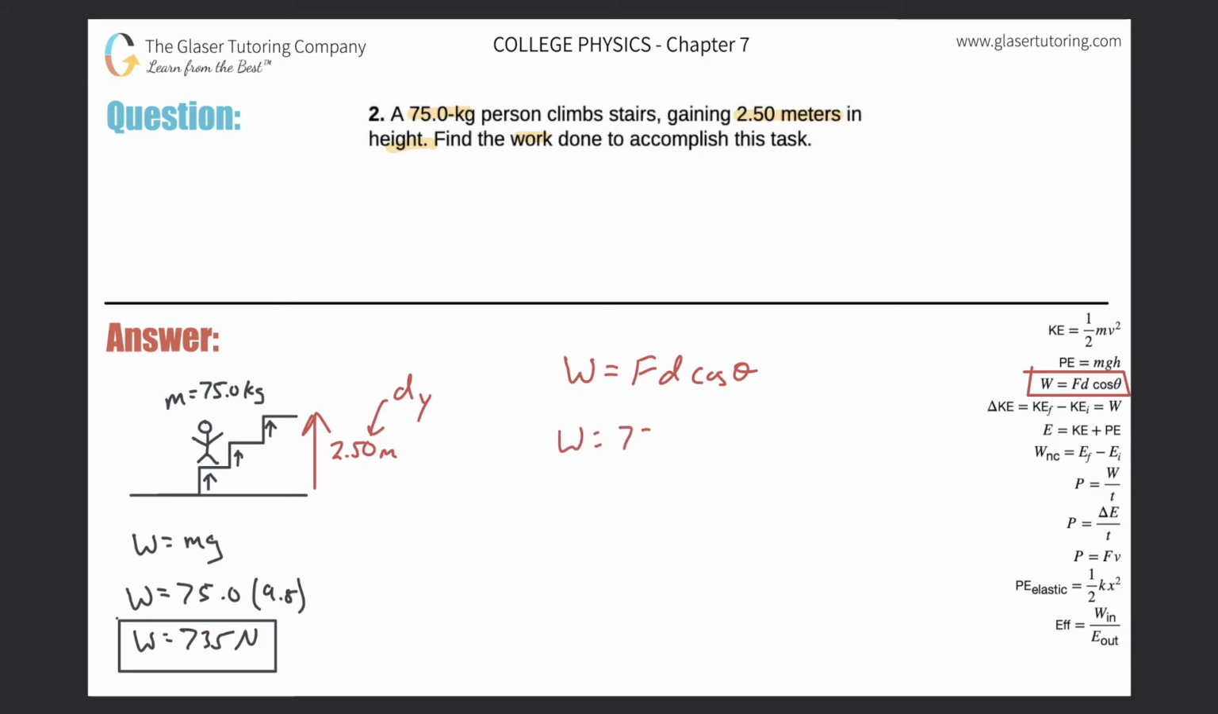So force here would be 735 newtons multiplied by the distance of 2.5 meters, cosine then of 0. Okay, so we just plug that into the calculator, 735 multiplied by 2.5, and we get a value of 1.84 times 10 to the third joules. All right, and that will be the